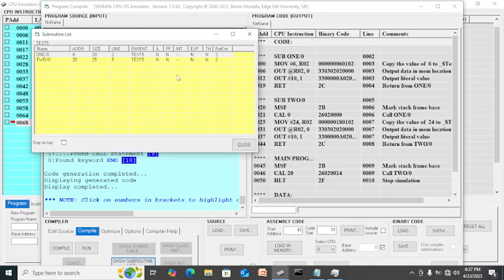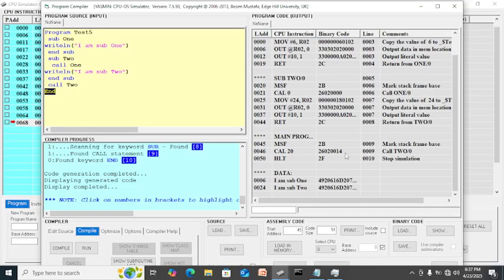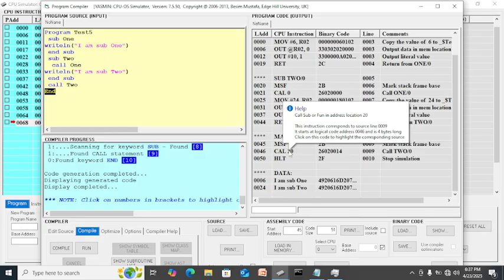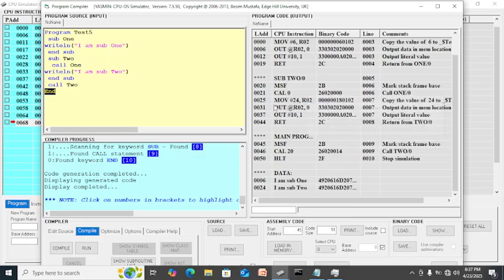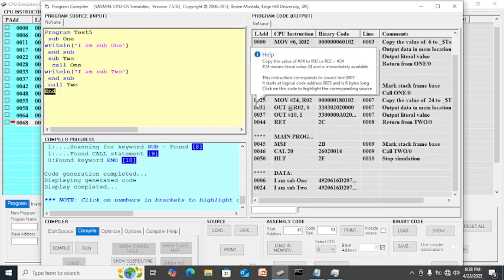If you show the subroutine, sub 1 and sub 2 are at address 0 and 20. This one marks a stack frame, then every call after MSF will record the last calling function in the stack, the next instruction. So it will record the 50, and here it will record the 25.